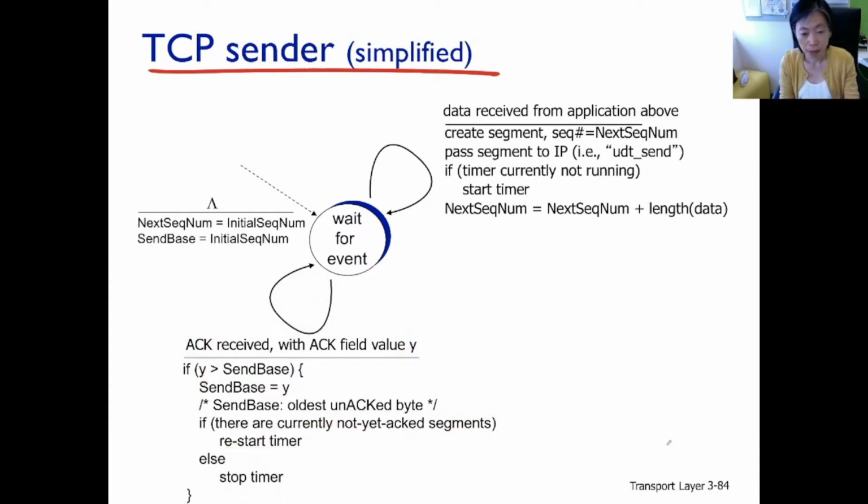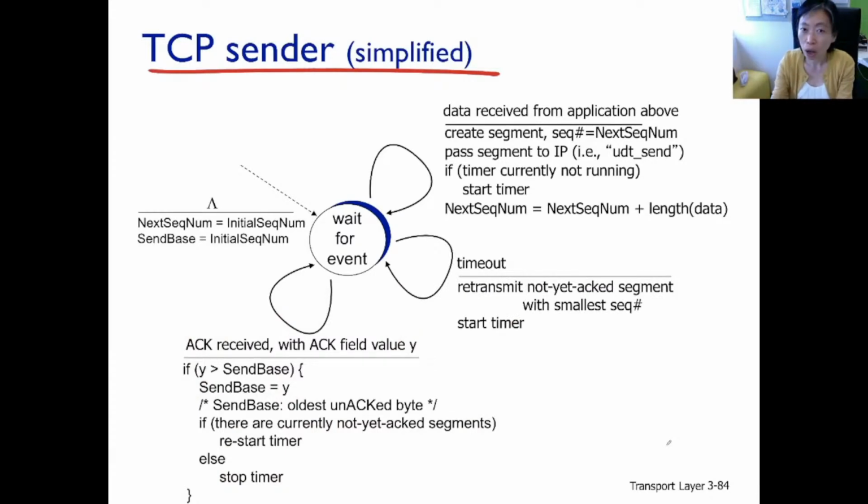And the third transition, again very typical, is the timeout transition. So when the timer times out, retransmit the entire flight of packets from the send base, and then start the timer. This is actually identical to Go-Back-N. In the Go-Back-N sender, there's actually one more transition, which is doing what? Checking whether the ACK is corrupted or whether the ACK is a NACK.